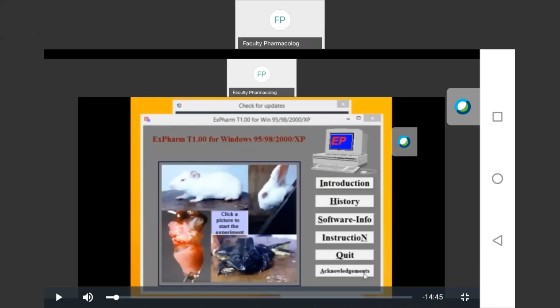Then take 3 readings for every parameter and record the observations in tabular form. Afterwards, repeat the same procedure for other drugs on separate rabbits. So this is about the background and procedure of this experiment.